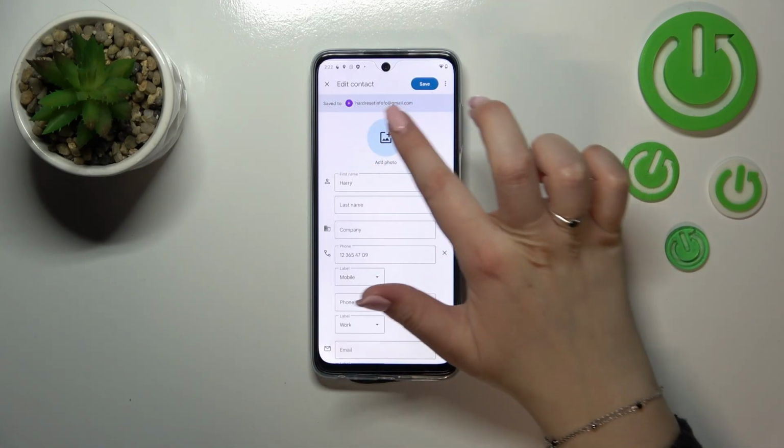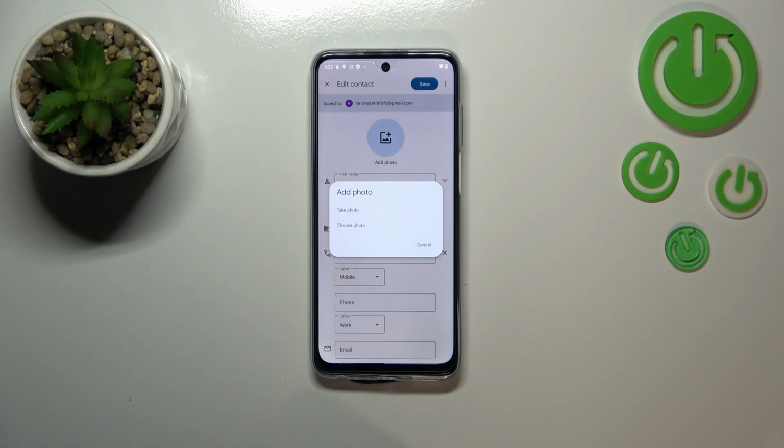Now let's tap on the circle, which will allow you to add a photo, and your device will give you the opportunity to take a photo or choose a photo. After picking take photo, your device will of course open the camera app. So this is the best option to choose if you've got the person right in front of you and if you're able to catch a photo of him or her, or you can choose a photo from the gallery, and